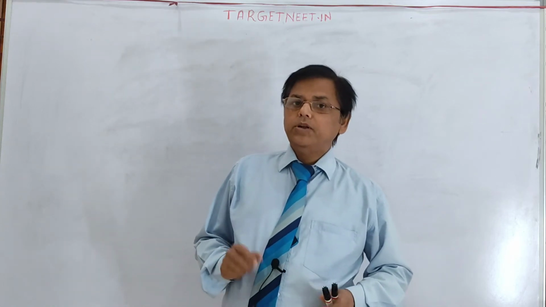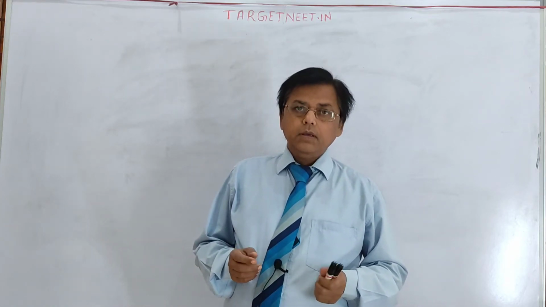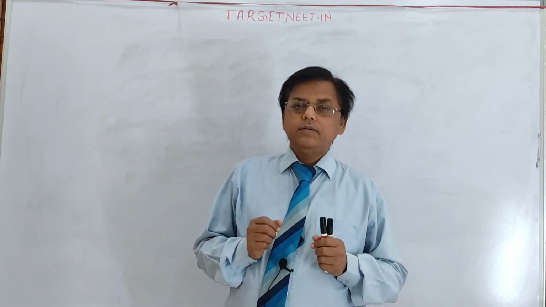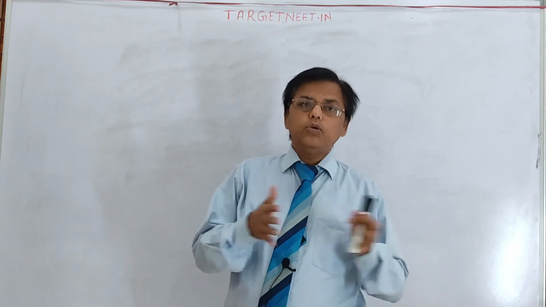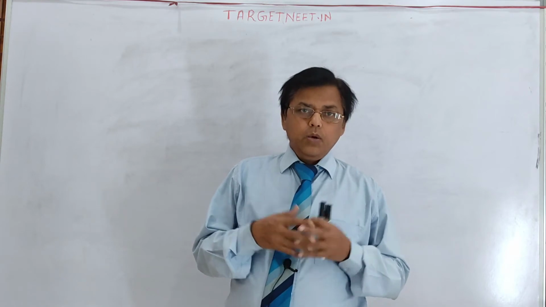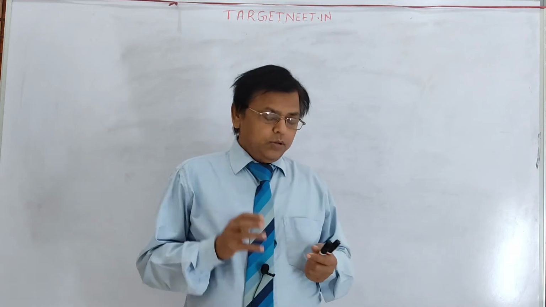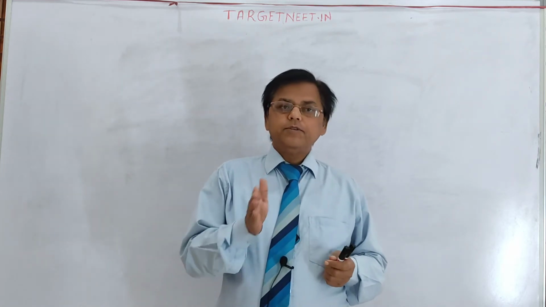Let us see combination of lenses. When there are 2 or 3 or 4 lenses kept side by side in contact, what is the focal length of this combination, or what is the power of this combination? So if there are so many lenses kept side by side,